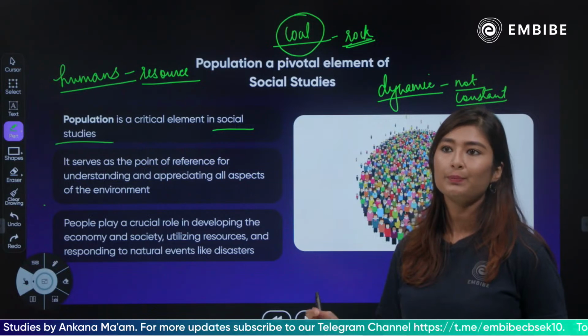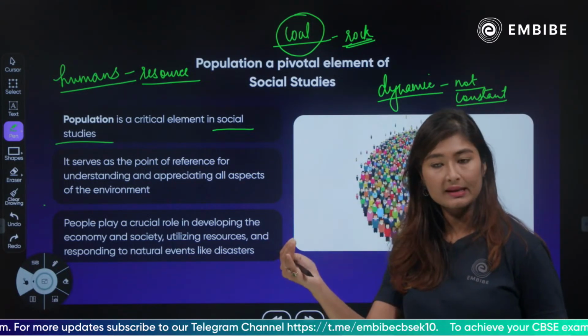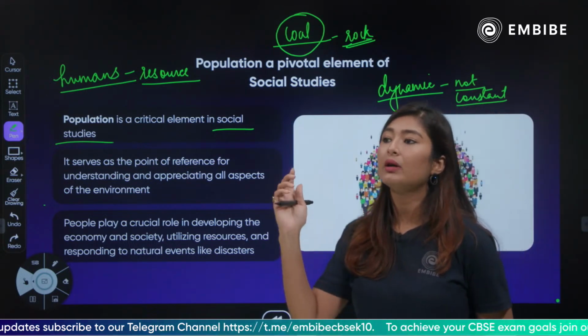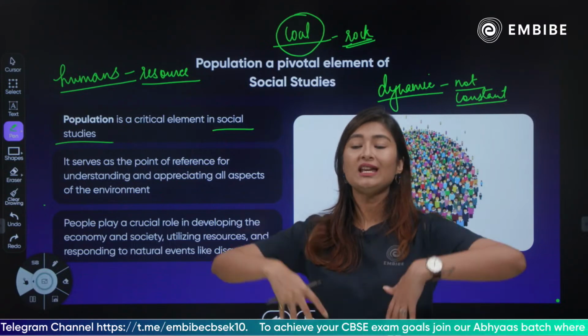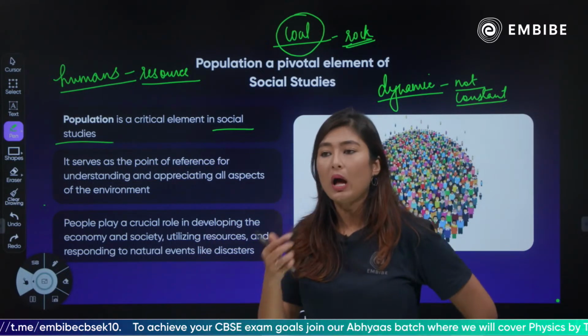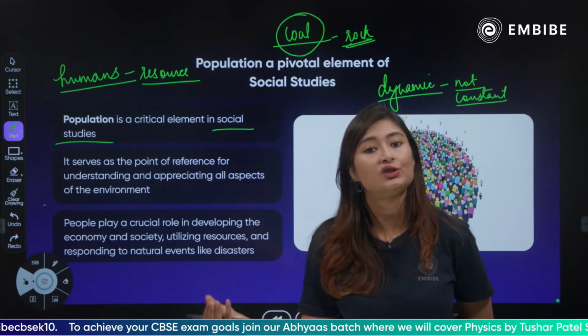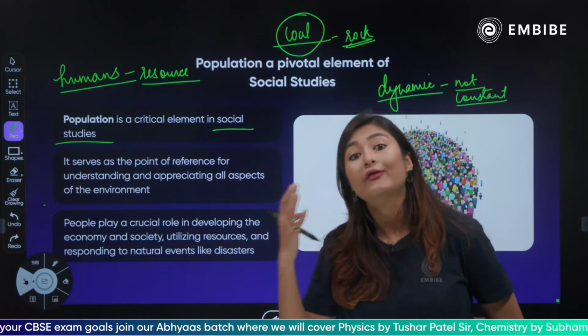Ma'am, dynamic is huge, right? Dynamic is basically, देखो बच्चे, first of all, English में a word can have multiple meanings. It also depends on the context. However, dynamic basically means very much having a lot of variations. That is how it is usually used. So, population is also a dynamic element, has a lot of variations.